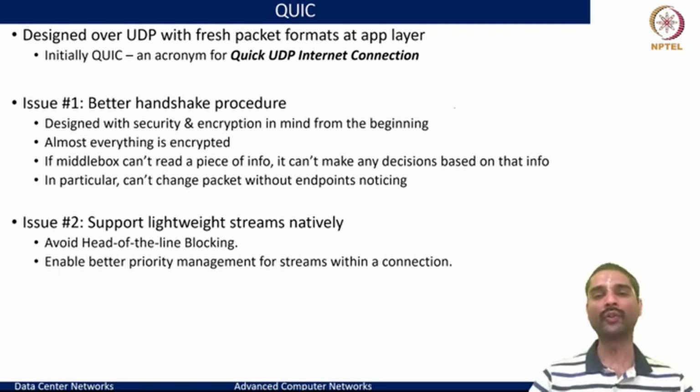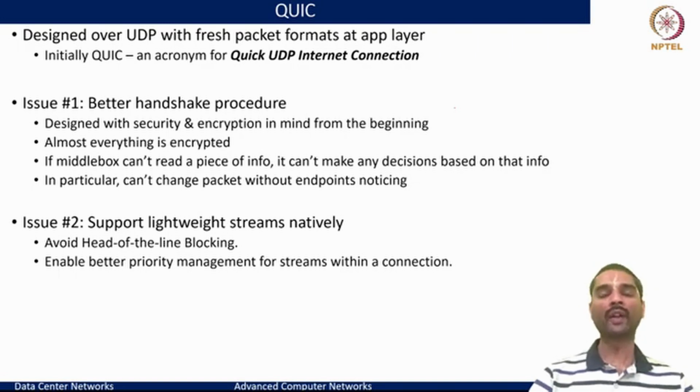So what it meant is the key characteristics that TCP handles in terms of flow control, congestion control, and reliable byte stream in an ordered fashion of packet delivery, all of this can be pushed to the application layer, and keep the transport layer as simple as what UDP does, just to exchange a message between the two ends. And this was the start of what we call QUIC, which initially stood for the acronym Quick UDP Internet Connections. And this work started, like I said, around 2012 and 2013, and Google Chrome was the first to start this kind of a service.